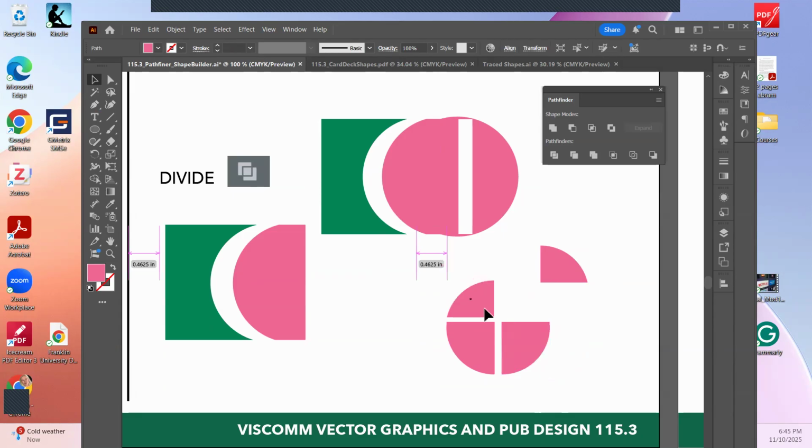You might do that if you're making an Easter egg or a pie chart, or if you want to create an illustration where you have